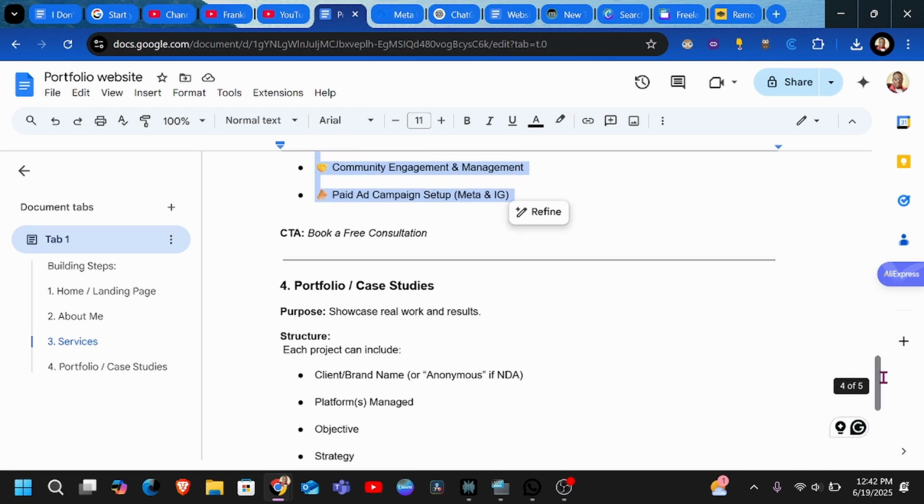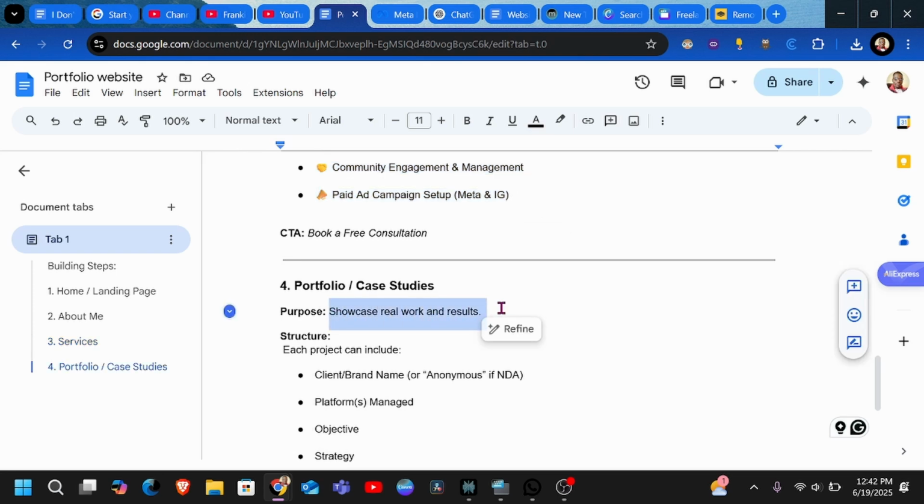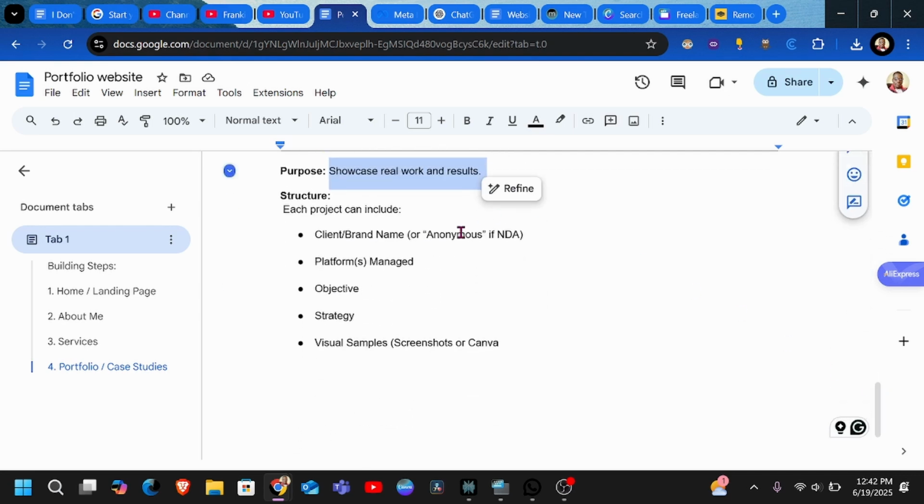Now this usually helps you showcase the real work, so people really like to see what you've done, because you cannot be promising to do something but you are not able to actually show where you have done it. So in this case, we just have a structure. You can even copy this and use it somewhere. So each project can include the client, brand name, platforms managed, objective, strategy, and visual samples,